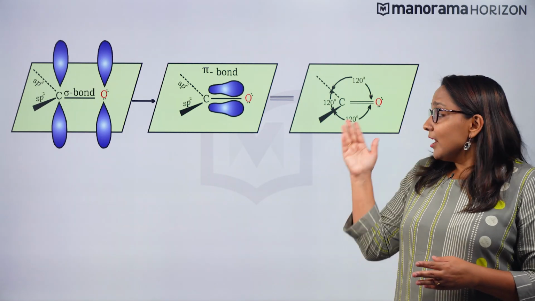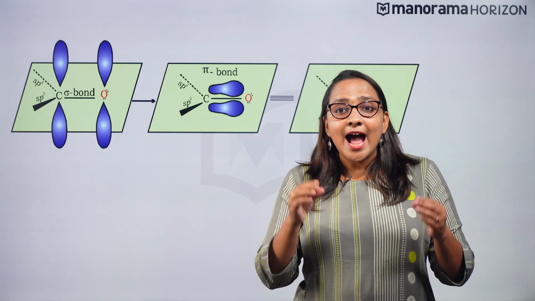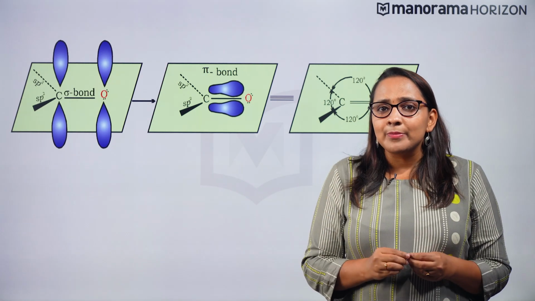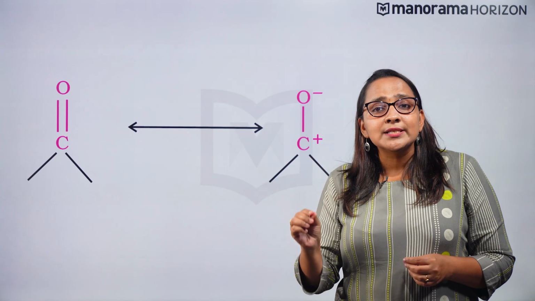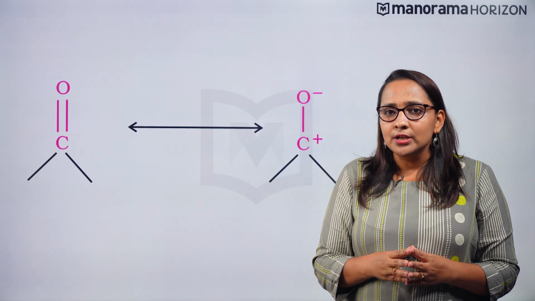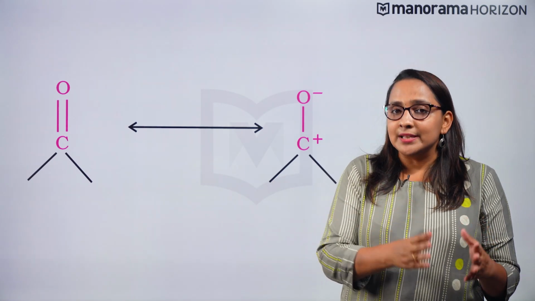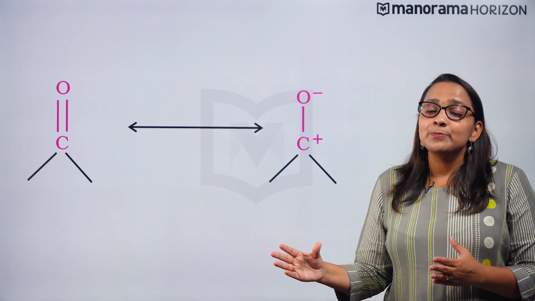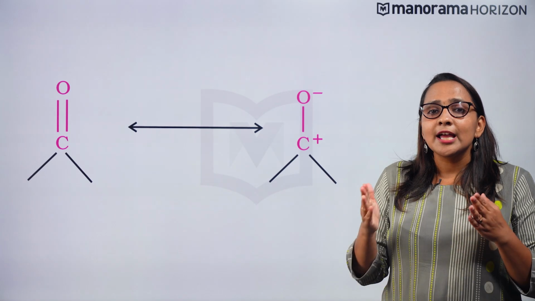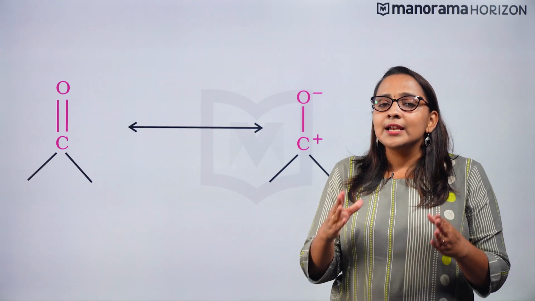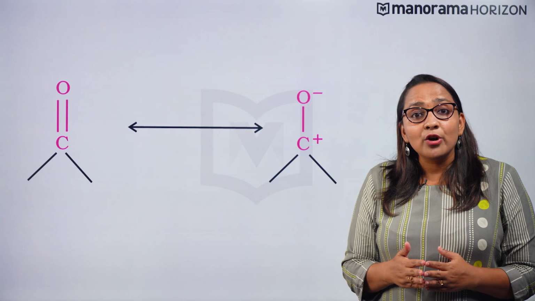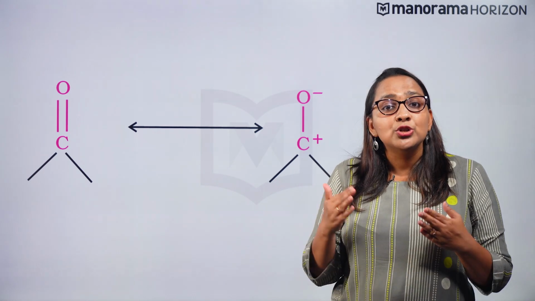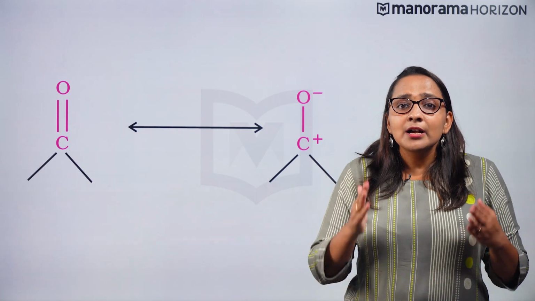The bond angles are approximately 120 degrees as expected of a trigonal coplanar structure. The carbonyl carbon is an electrophilic or Lewis acid and carbonyl oxygen a nucleophilic or Lewis base. This is because the carbon-oxygen double bond is polarized due to higher electronegativity of oxygen relative to carbon. The high polarity of the carbonyl group is explained on the basis of resonance involving neutral and dipolar structures